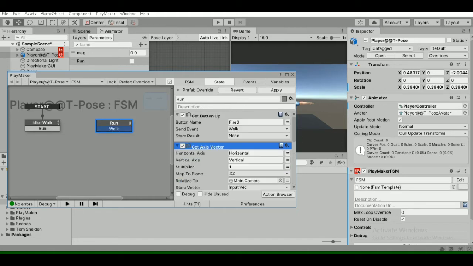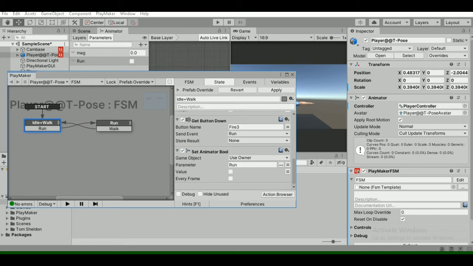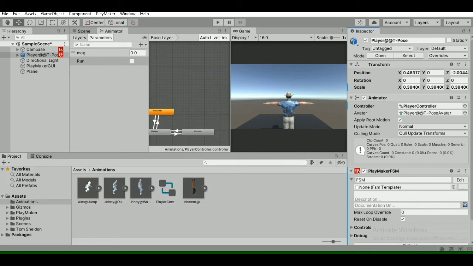Now just do this and this, just connect walk to idle and connect run to run, and that's all, I think. Now our player should run if we press the shift key. Let's check it out.